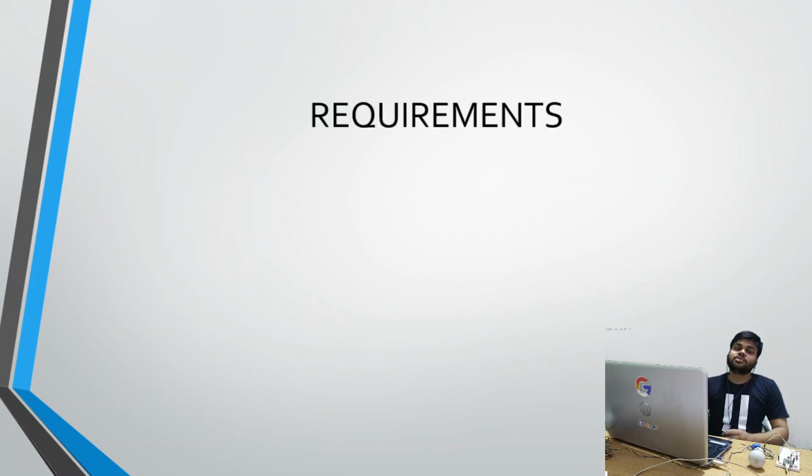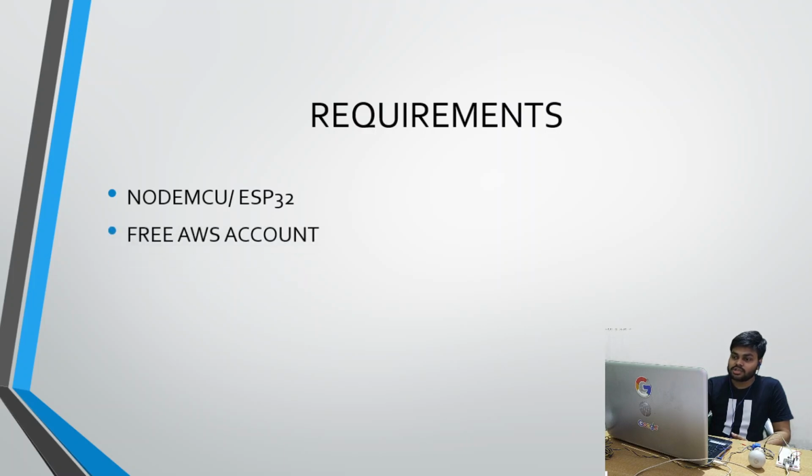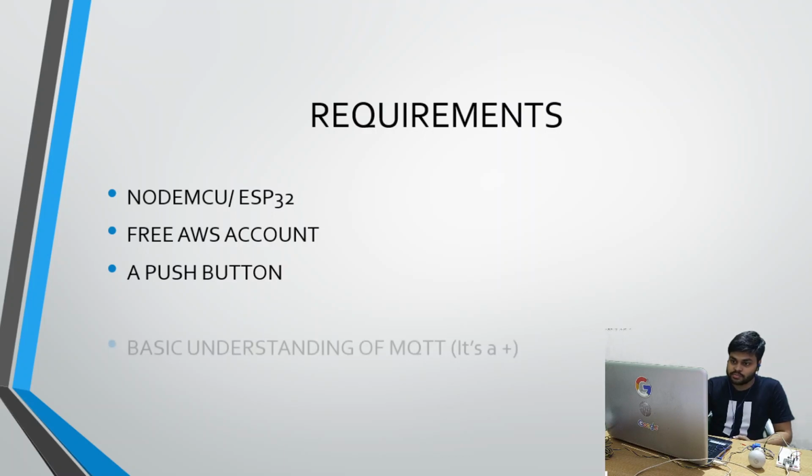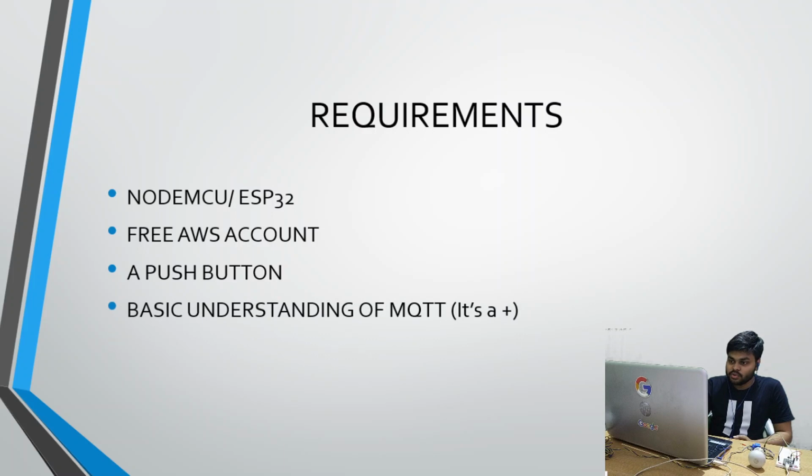So the requirements of this project are a NodeMCU or ESP32, basically a Wi-Fi enabled board, and a free AWS account. I'm going to configure and set up the account. A push button is not necessary, but if you have one, you can easily send data with your NodeMCU. A basic understanding of MQTT is a plus, but